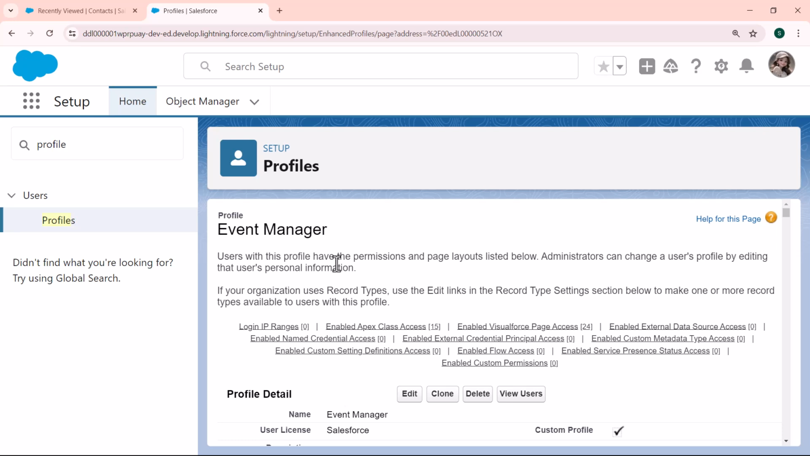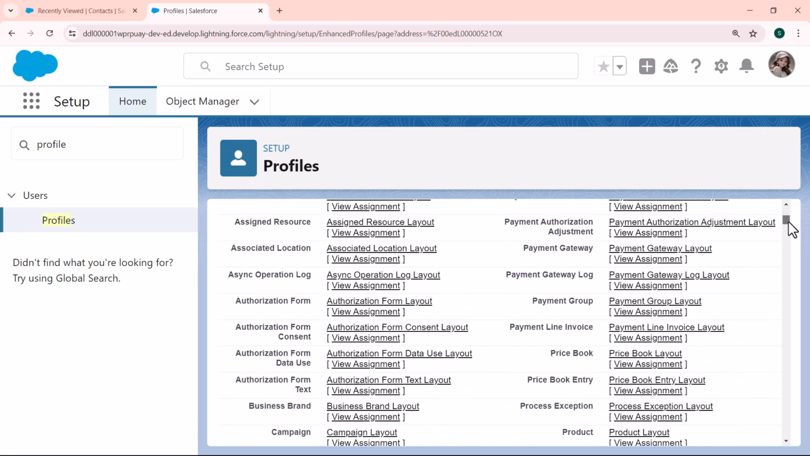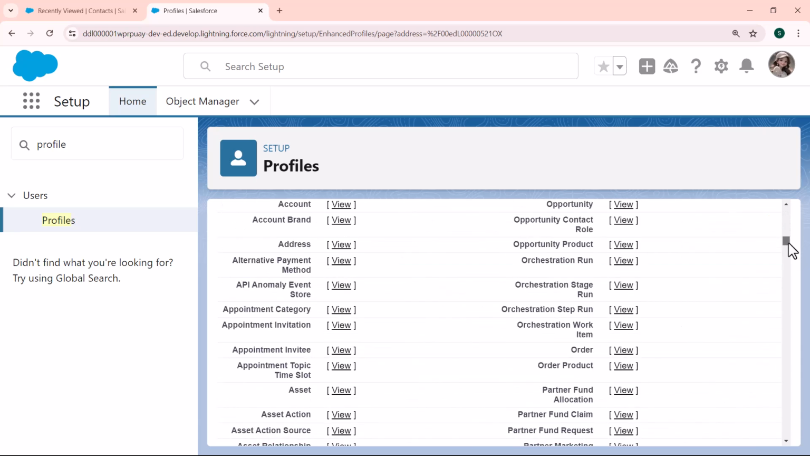Administrator can change a user profile by editing that user personal information. If your organization uses the record type, use the edit link in the record type settings section below to make one or more record type available to the users with this profile. So now scroll down and here are the profile details, and here we can see the field level security section,